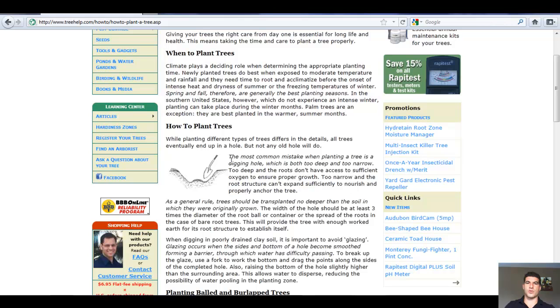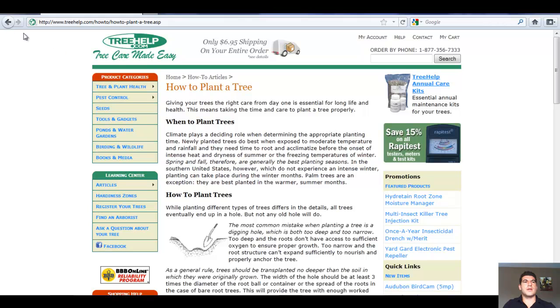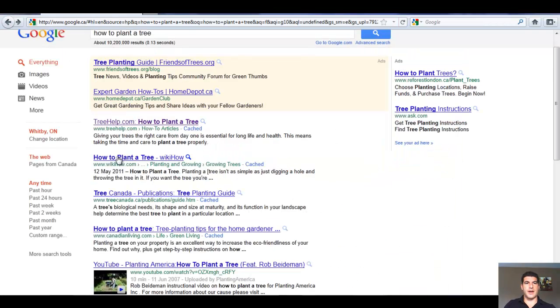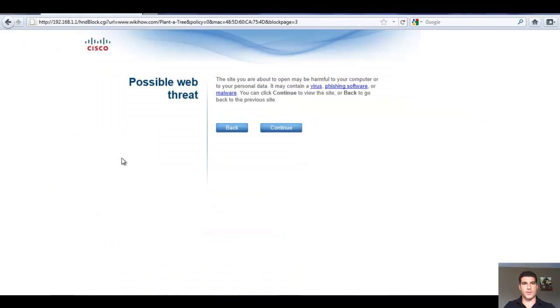I notice here the most common mistake when planting a tree is digging a hole which is too deep and too narrow. That's new information to me. I didn't know that. But the other thing too is I am a visual learner. I'll go back, I'll look. Maybe I have another site I want to